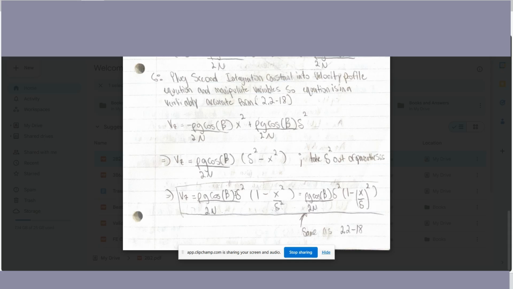And then we take the sigma squared out of the parentheses. So we divide this out, and then we multiply outside by sigma squared. And the reason I'm doing all these operations is just because